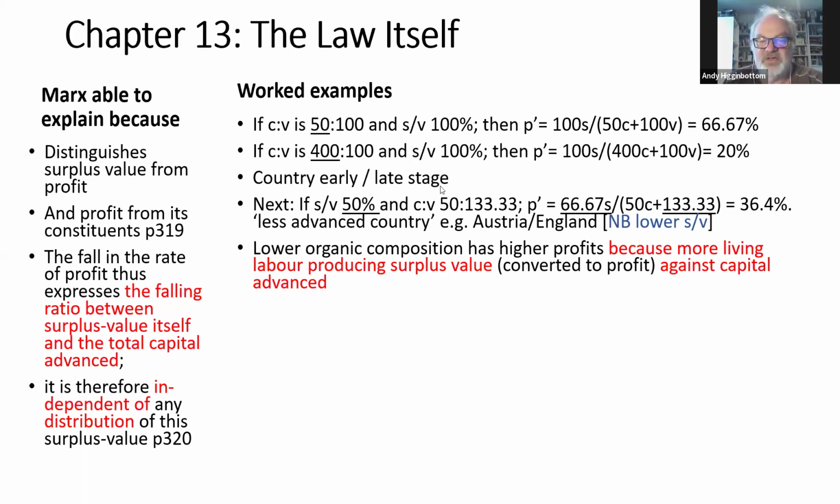Then he's comparing this third case with the second case, not the first case. Okay, so it's 50% S over V against 100% and 400 to 100 composition, right? In any case, if you've got